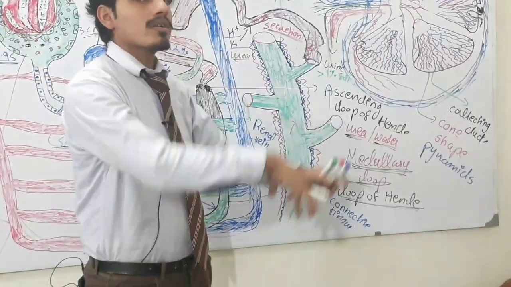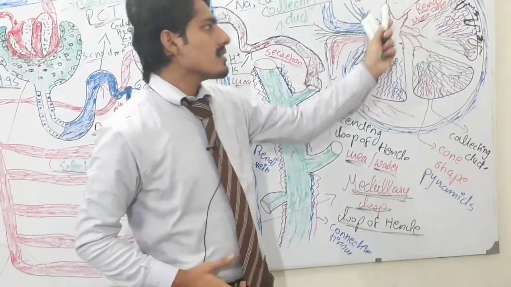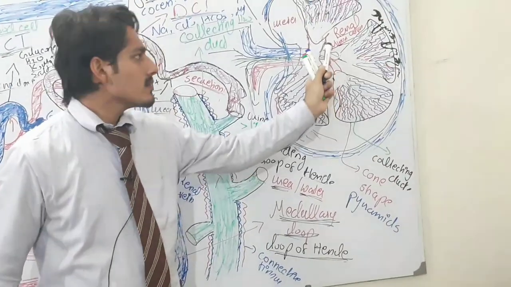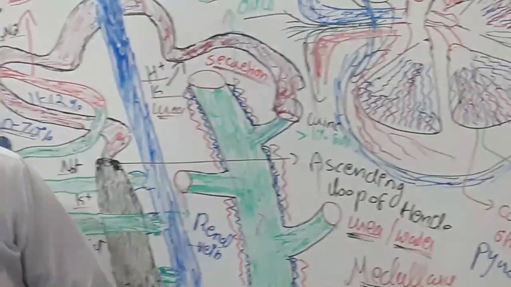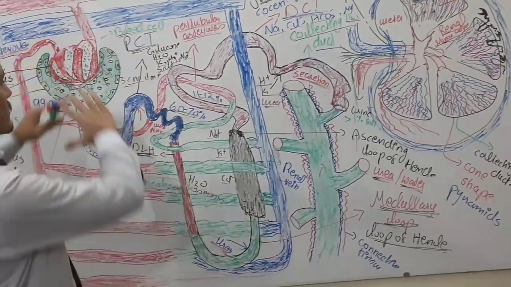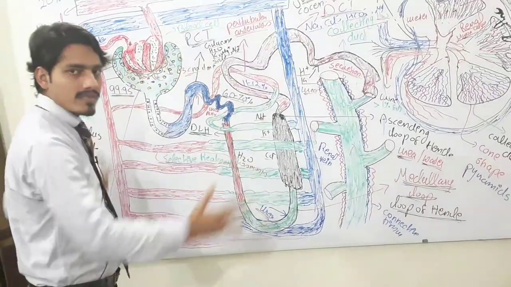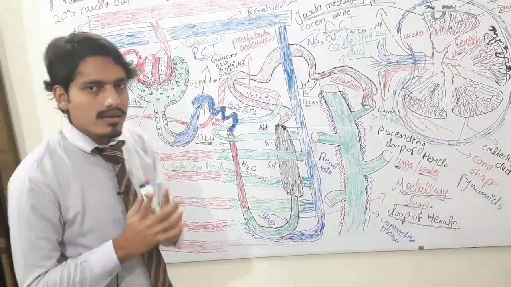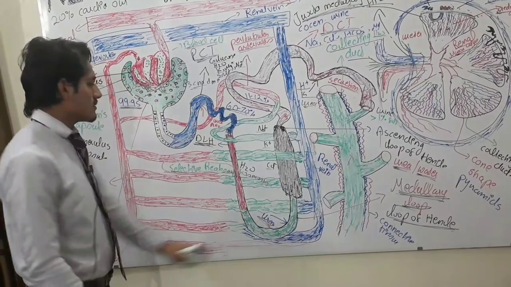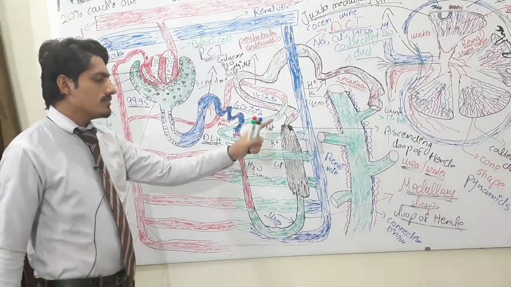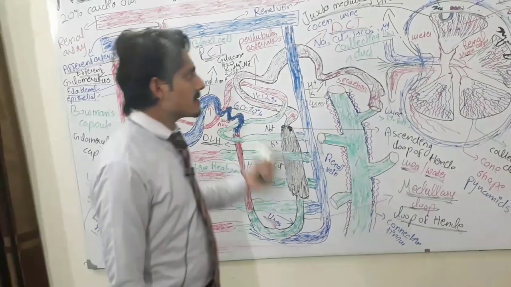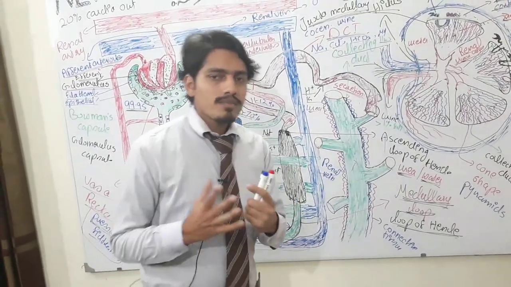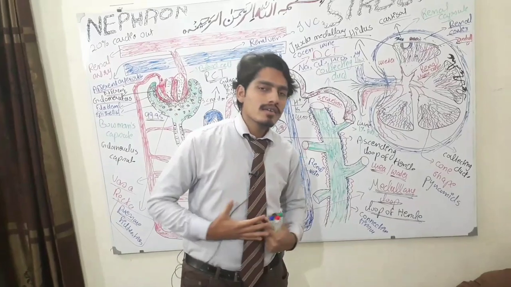The collecting ducts pour into the pyramids. Pyramids pour into the renal calyces, minor calyces then pour into the ureter, and the ureter into the urinary bladder. So this is the basic structure and function of the nephron, and this is the vasa recta, in which reabsorption of filtrate again takes place. So this is the structure of the nephron present in each of our kidneys.